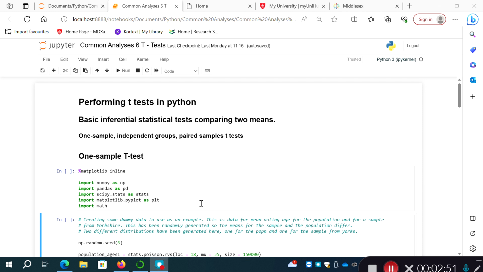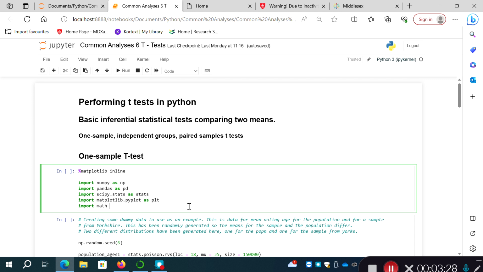Okay, so to get started, I'm going to import some software libraries. I'm going to start with NumPy, which I'll import as np, and pandas as pd. I'm going to import scipy.stats as stats, matplotlib.pyplot as plt, and I'm going to import the math module from the Python base environment in case I want to manually calculate anything such as standard deviation. So the main thing I'm going to use here is NumPy and the scipy stats